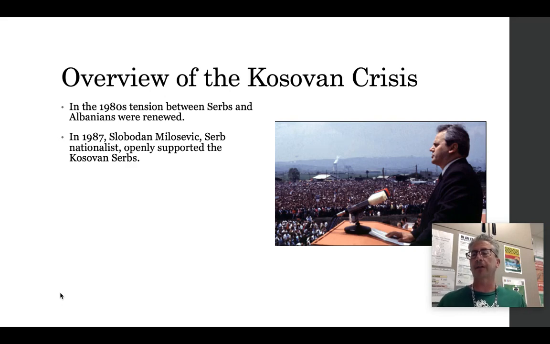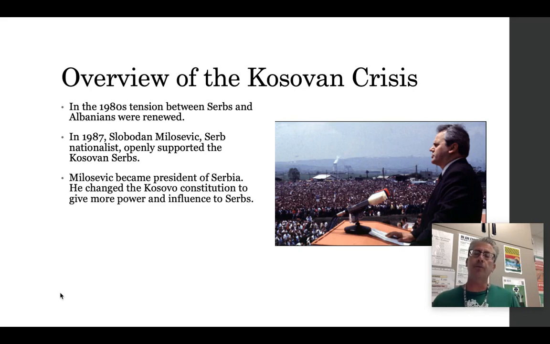So his rhetoric is really going to inflame the situation between the Serbs and the Albanians living in Kosovo. And then when he rises to become the president of Serbia, he is going to be instrumental in changing the Kosovo constitution to give more power and influence